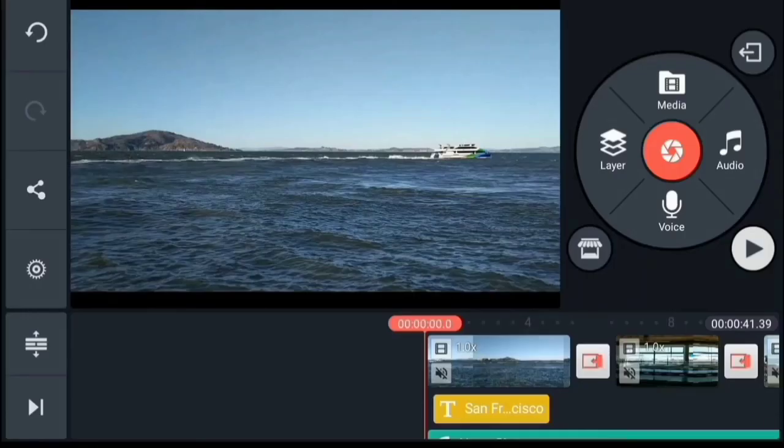I believe by now you have a pretty good idea on how to edit a video on KineMaster from start